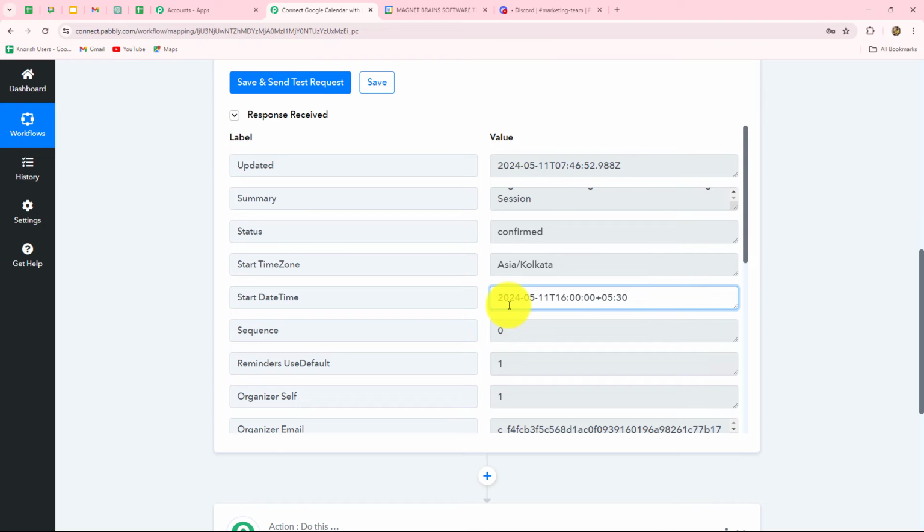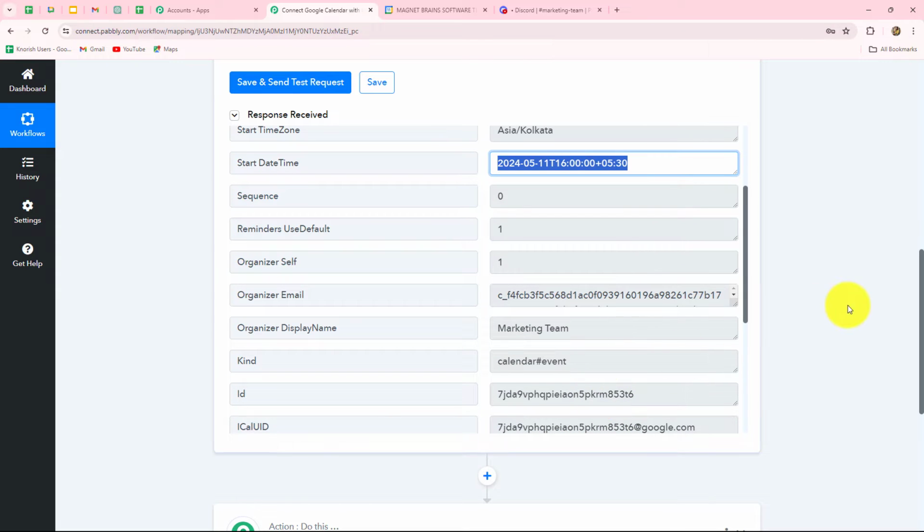So the date and the time is 11th May 2024, and this is the time 16:00. And here we can see that the time zone is Asia Kolkata, but we have also received the time in plus 5:30 format. So this means that this time is received in UTC format. Okay, now after receiving the details, we are going to move forward, and our objective is to send reminder of